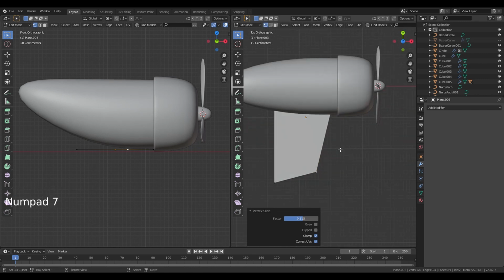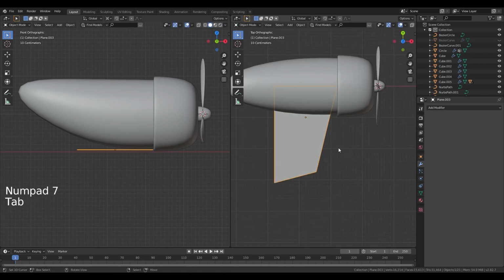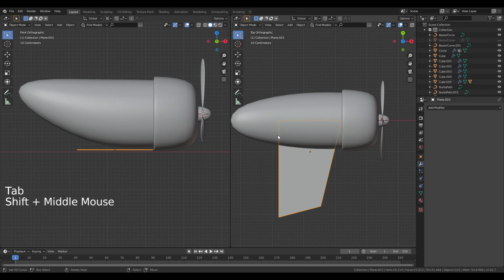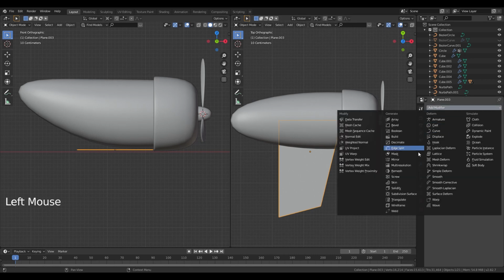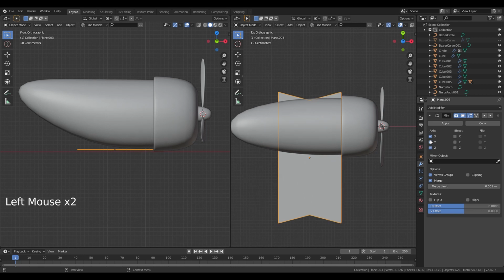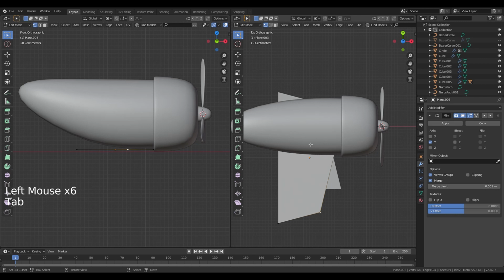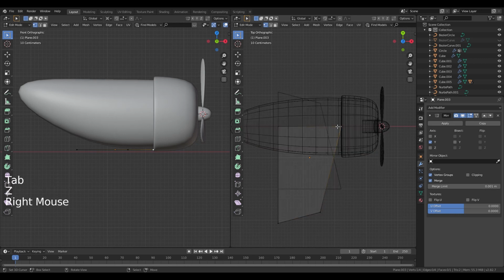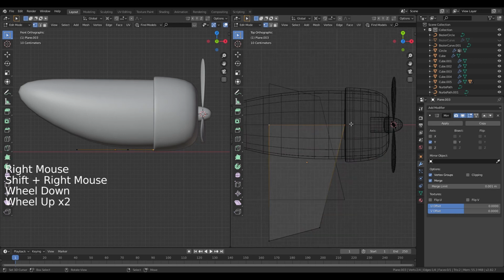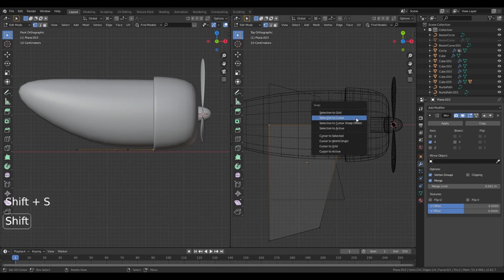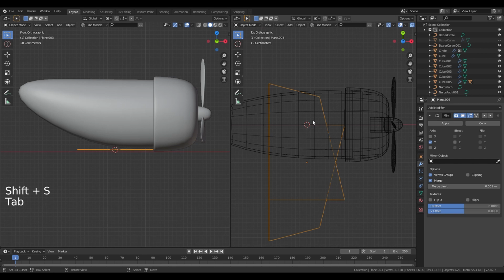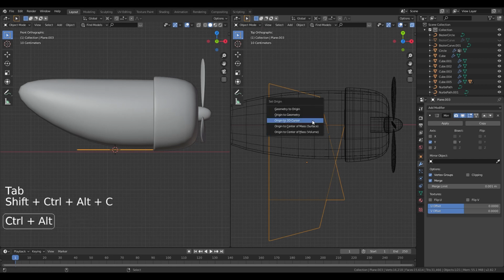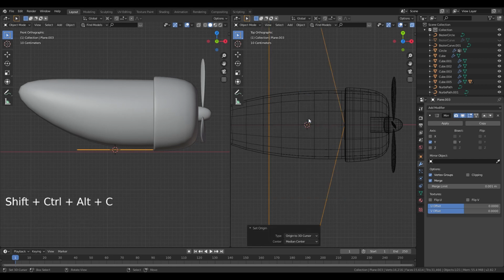If we don't want to lose any time with modeling and repeating all of these steps, I'm just going to add a modifier, and I'm going to add a mirror modifier. So I'll uncheck the X and check the Y. And in this case, go again into wireframe mode, and I'll be choosing the vertices that are closest to the X red line. Shift S, cursor to selected, Shift Control Alt C, origin to 3D cursor, and now it's mapping